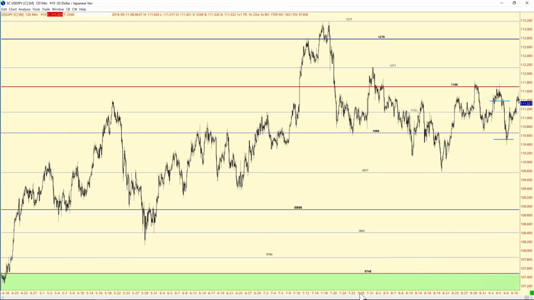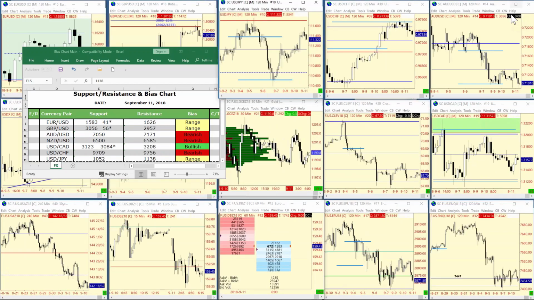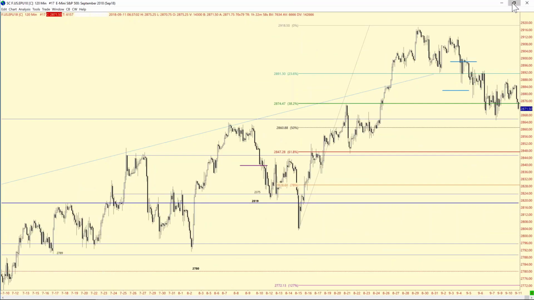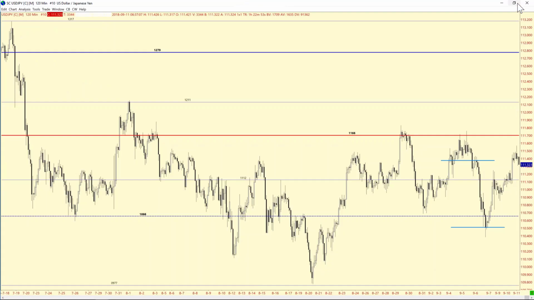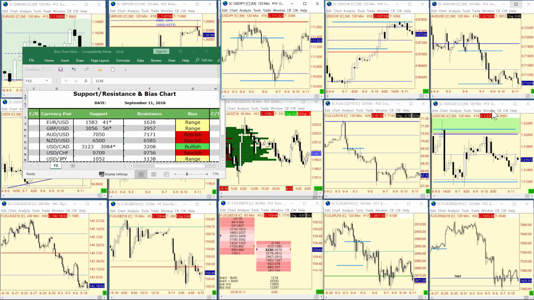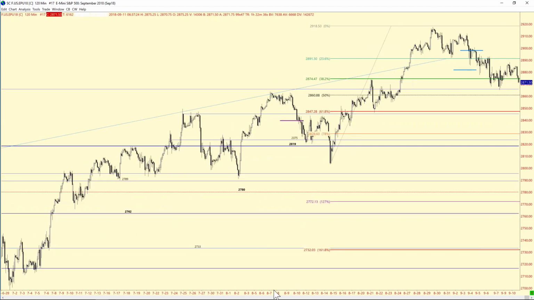The only thing that you want to keep your eyes on would be these moves in equities. If we start to get a good downside move, you would see a bid here in the yen. And that would obviously work against it. So if you look at the equities, we already had a pretty phenomenal run, and we're starting to lose some juice. And one of the concerns that I've had, which is my concern for the dollar too, is eventually all this trade stuff is going to negatively impact equities.